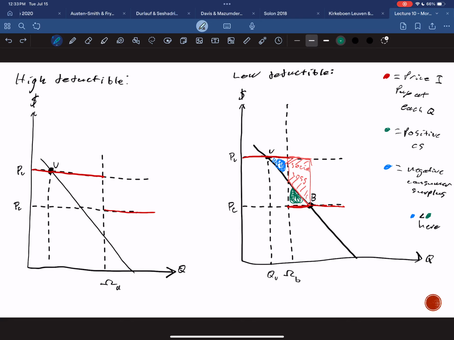Now, the last way of reducing moral hazard we've already talked about is monitoring and gatekeeping. Monitoring is what Geico does to me: they monitor my driving. In health insurance, this could be that they make you go in for regular checkups, or they ask you about your exercise patterns.